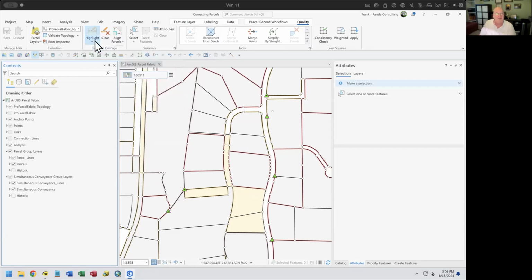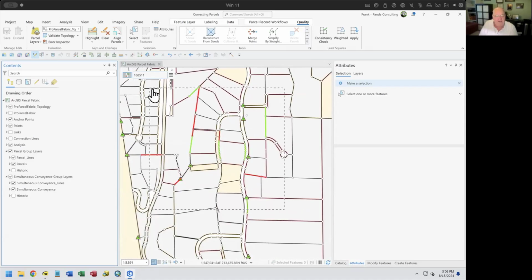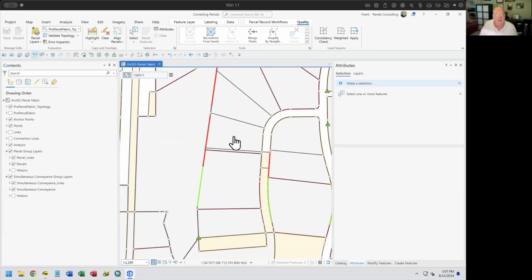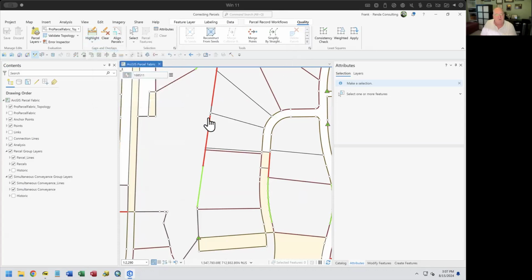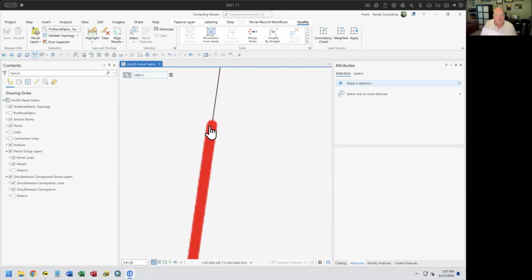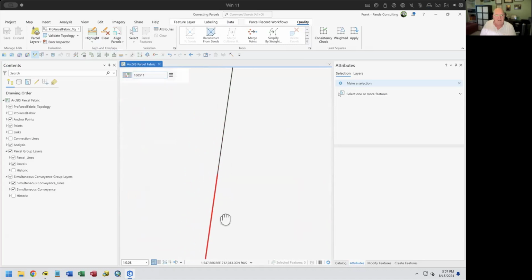Now what I can do is go in here, and when I click on this, it analyzes all of the features that are within my display window. Let me go out slightly here and show you there's a dotted area. That signifies the area in which it's finding and analyzing. And when I go in here, the gaps are shown in red and the overlaps are shown in green. So if I zoom in close enough,